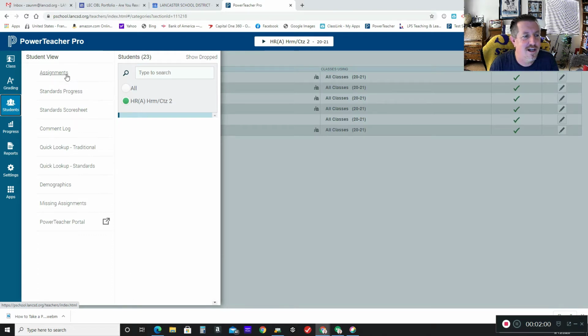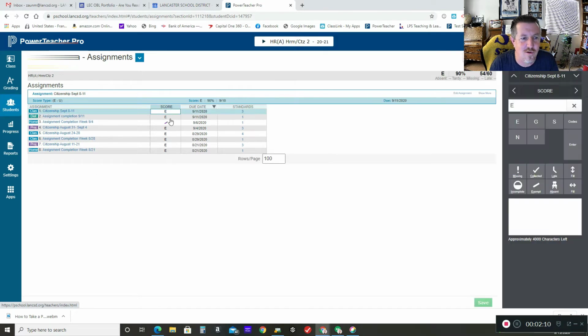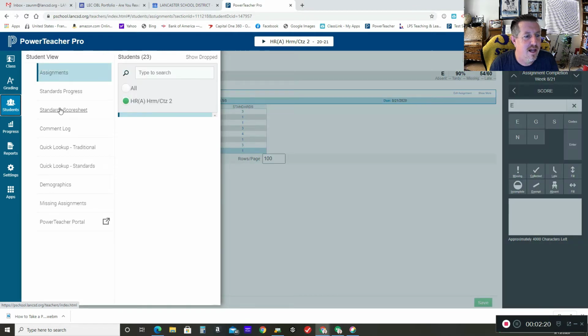Here I can see a particular student's assignment view. So this is one student and all of their assignments and how they're scored. I can also enter a score right here if I wanted to. I could come in and enter and change a score right here for that assignment. Okay. I can see their